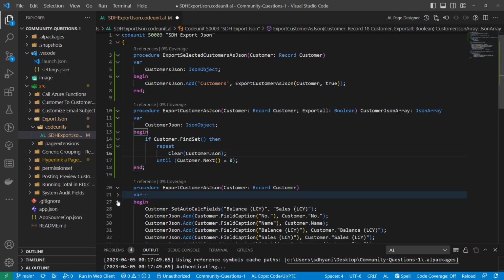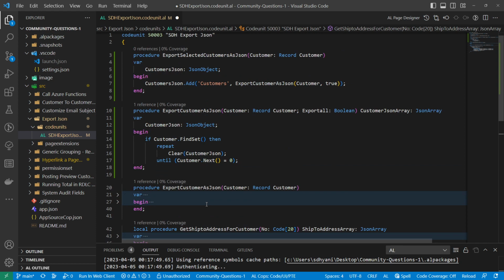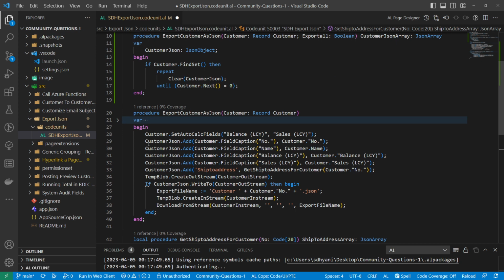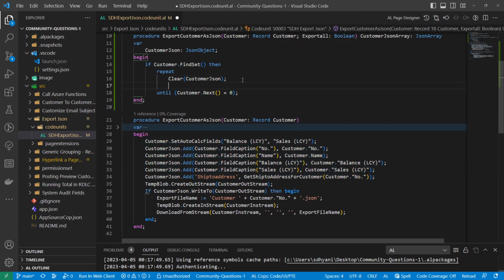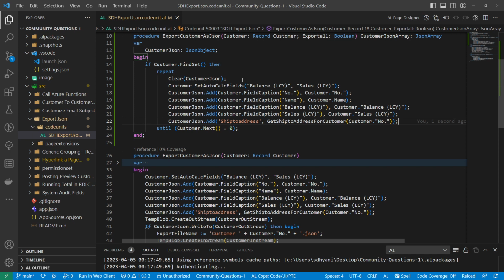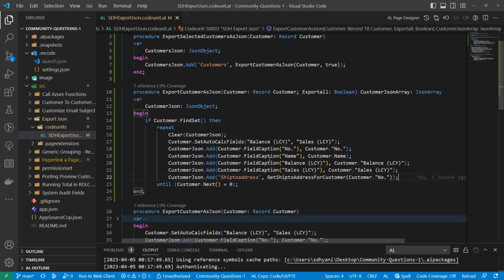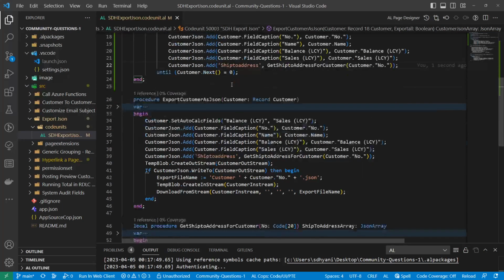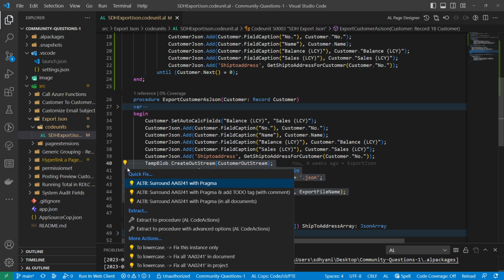Let me collapse this so that we can just copy and paste that model. So we find this and then we first clear this. And then in the JSON that we have, we can add the fields, which is again the same as what's written here. I'll just copy this piece as it is, the customer thing, the ship to address thing, as it is till here. So inside this loop, it should do this for all the customers that are found. But now I cannot do an export at this point because the export should happen once everything is added, which is somewhere here. So for that, and to save some time, let's select all this code and extract it to